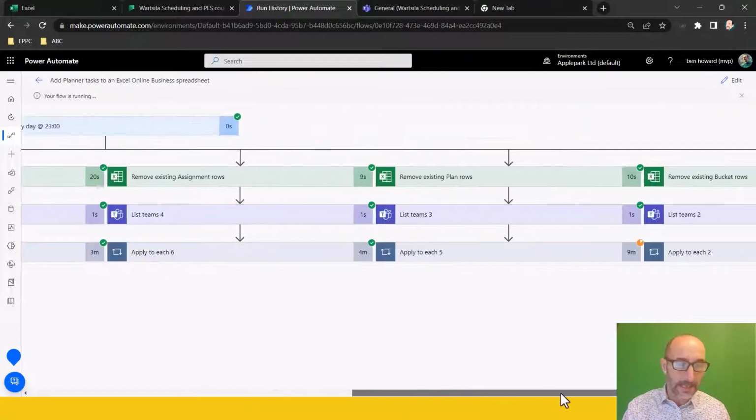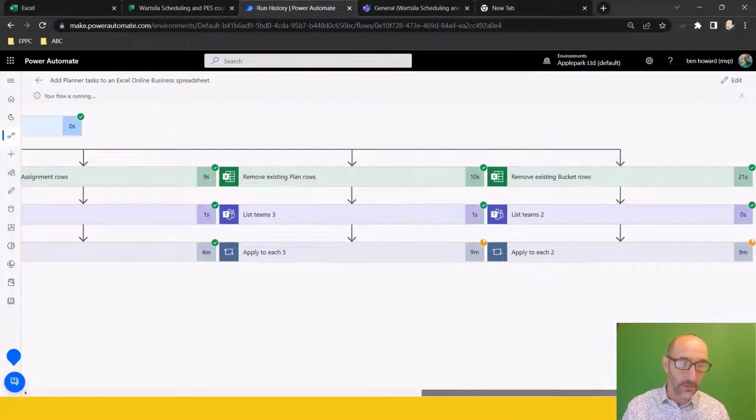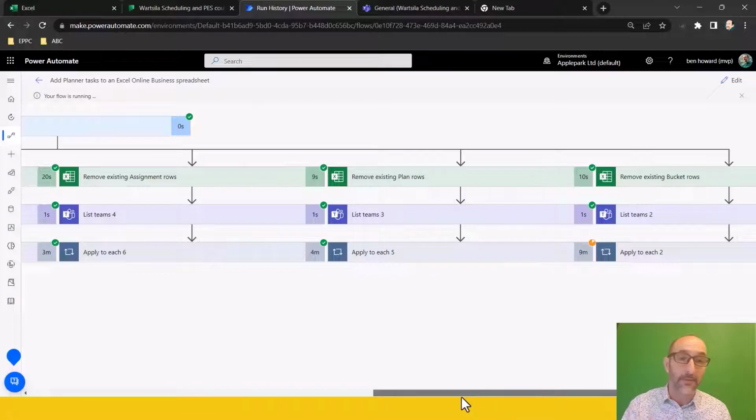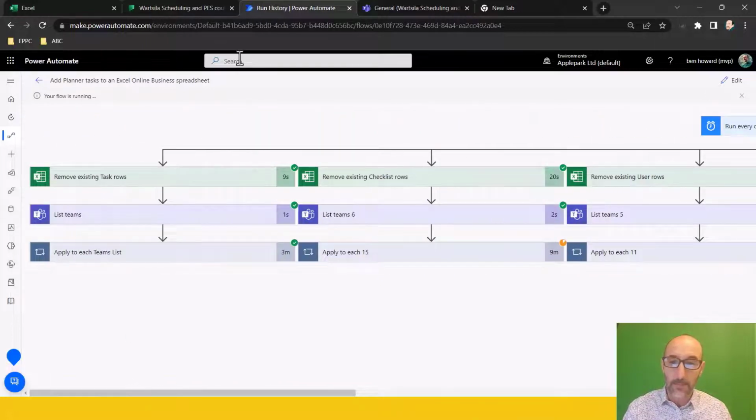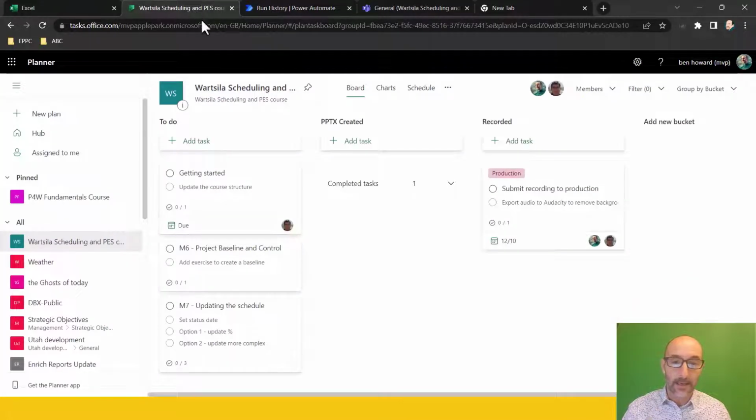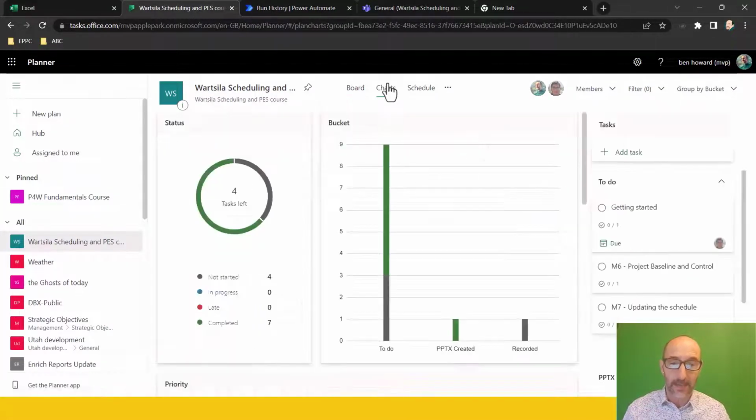So we may get some incomplete data. I might have to just do a quick refresh. So notice this is still taking 9 minutes. And I don't have a lot of data, this can easily take an hour or so to run. Okay, but if we go back to Planner and I was to have a look at charts in Planner,